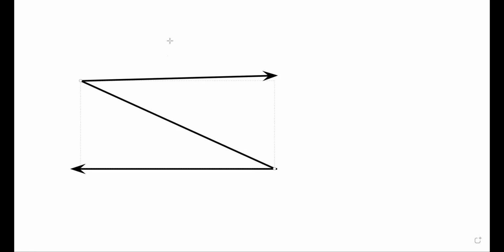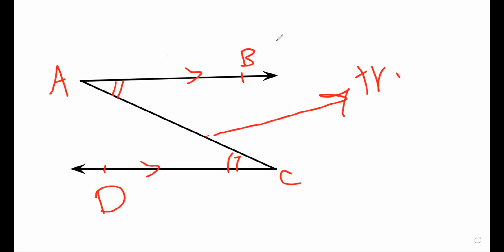طيب لو انا مسحت ده بقى وركزوا معايا كده. If we have two parallel lines like that. The first line is called AB. The second line is called CD. AB parallel to CD. AC is called transversal. The transversal is the line which intersect two parallel lines. So what the meaning of transversal؟ هو intersect two parallel lines يبقى transversal يبقى يعني ايه؟